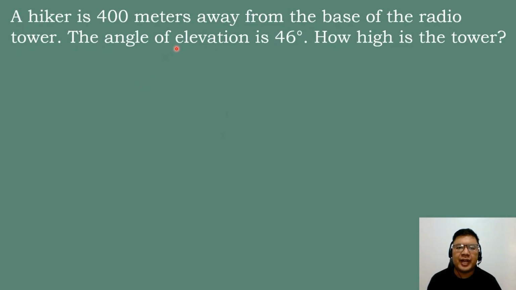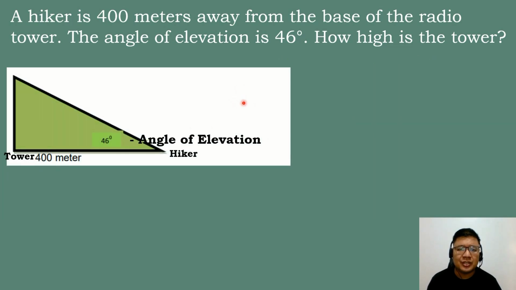Let's have our first example. A hiker is 400 meters away from the base of the radio tower. The angle of elevation is 46 degrees. How high is the tower? So the first step we need to do is sketch the situation or the given. So I have already here the illustration or the drawing. So this is the tower and this is the location of the hiker, which is 400 meters away from the tower. And we have an angle of elevation which is equal to 46 degrees,